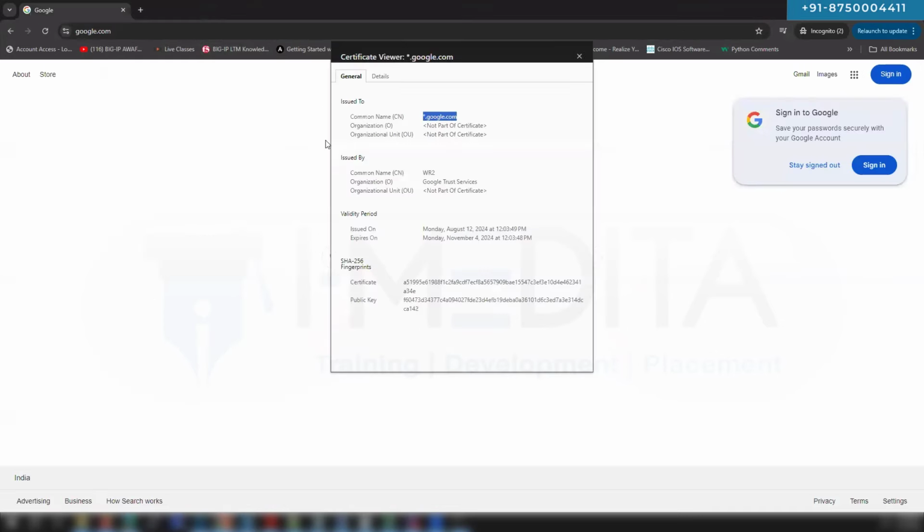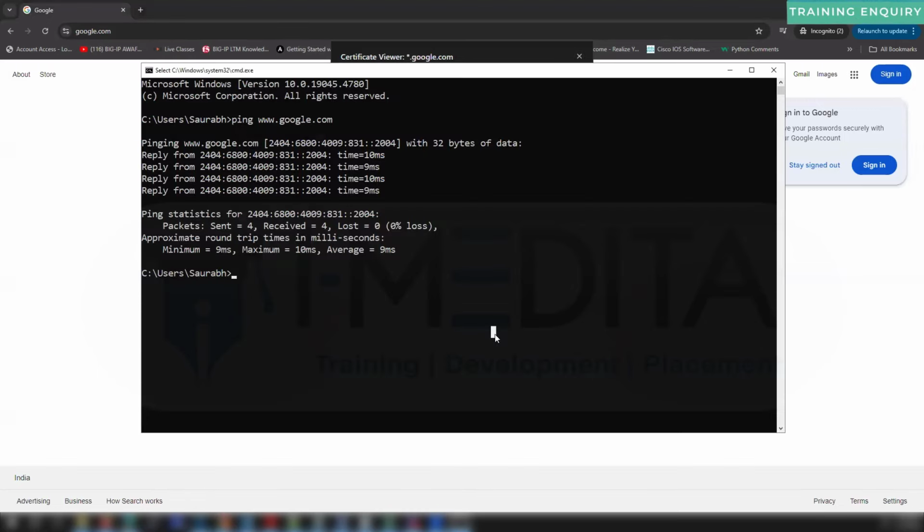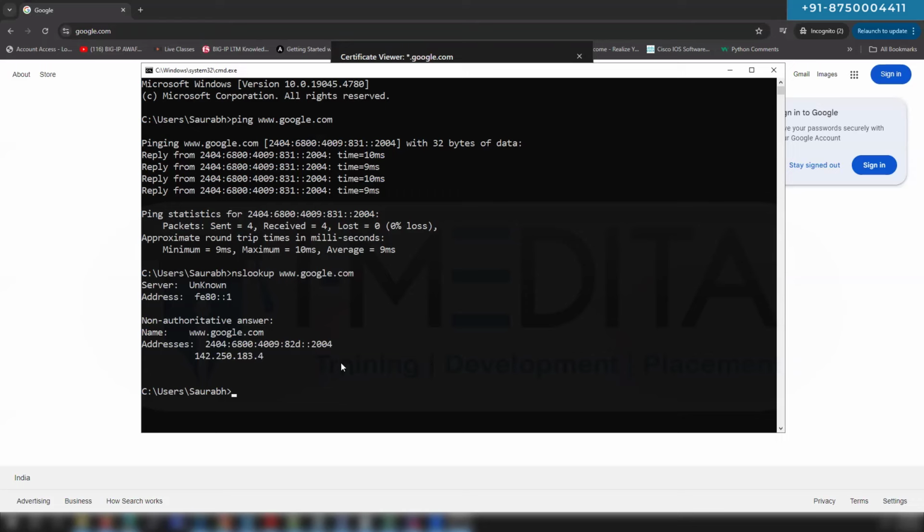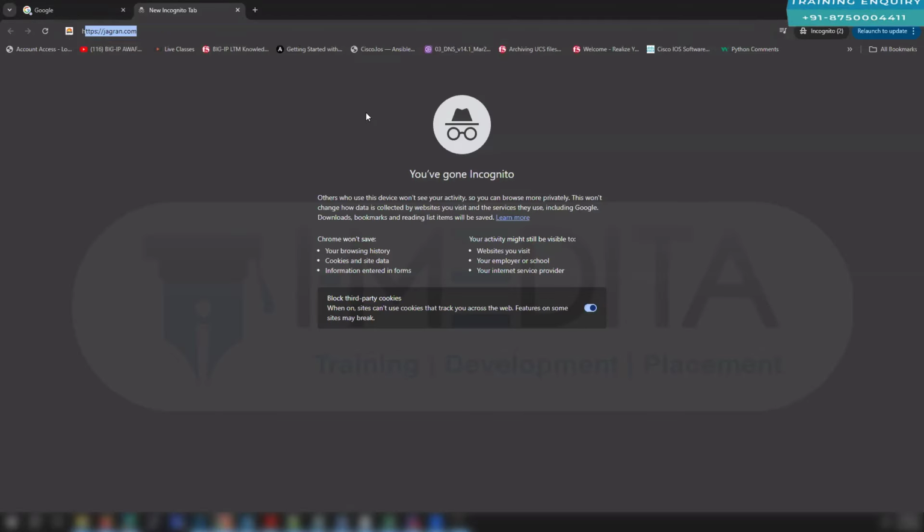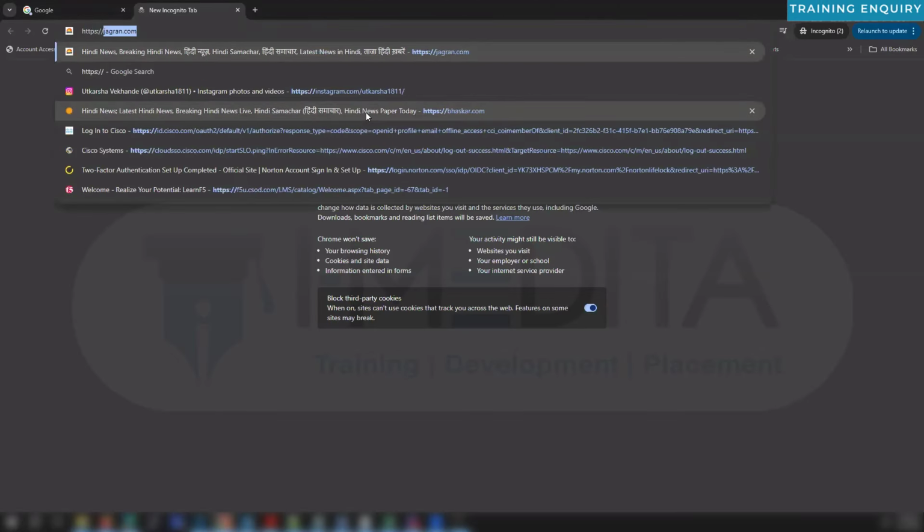Even if I get the IPv4, I can also get the IPv4 by doing an NS lookup. So if I look up www.google.com, I can get the IP address of google.com. So this is IPv4, so let's try with IPv4 then. So if I say HTTPS,